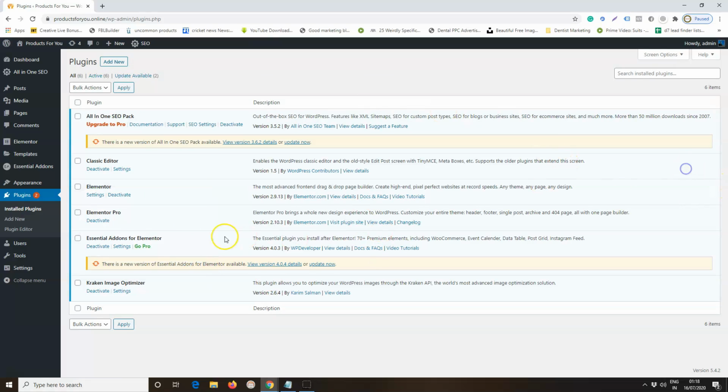For the paid version, you need to download Elementor Pro from the Elementor website. I have given the link of the Elementor website to purchase the Elementor Pro version. So you can purchase it, download the plugin, and then upload the plugin here in WordPress. You will need either one of these two plugins in order to use the Elementor editor.